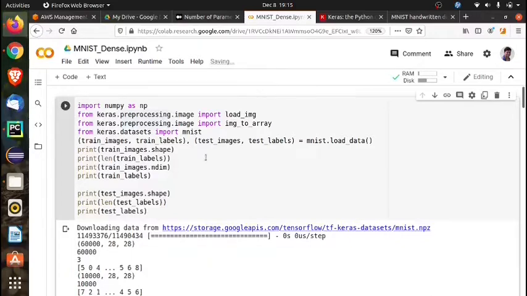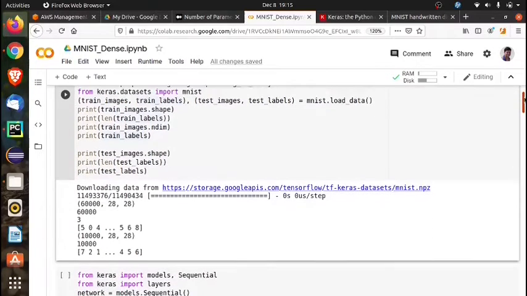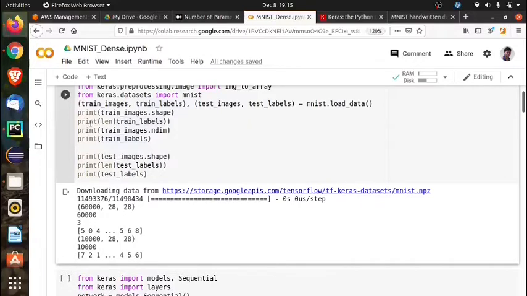Now in order to see the structure of the NumPy arrays, just go down a little bit. Here I am using the print command for the shape of the NumPy array. After printing the train images shape, you can see it shows 60,000 by 28 by 28.